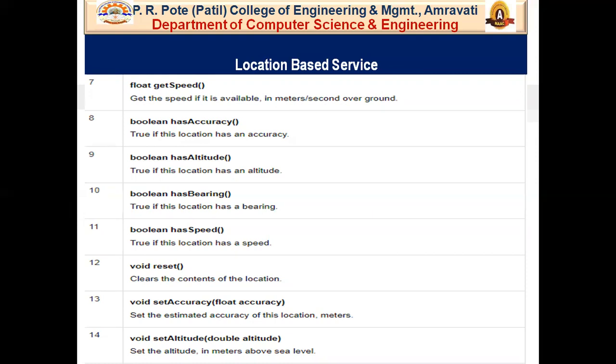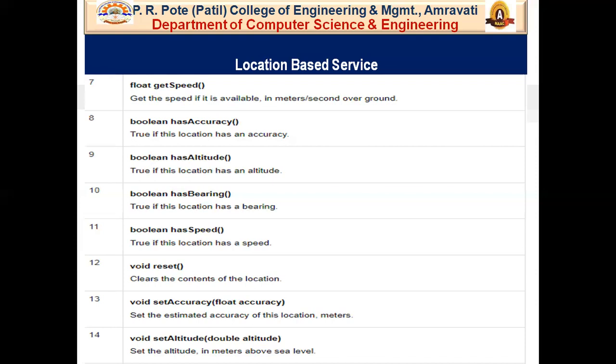So if the location has accuracy, an altitude, and also bearing and speed, at that time the Boolean value will be true. Otherwise, it is set to false. Then void reset. Now this reset method clears the contents of the location. Now in Google Map, there is an option to reset the location. That means there we can set a new location also.